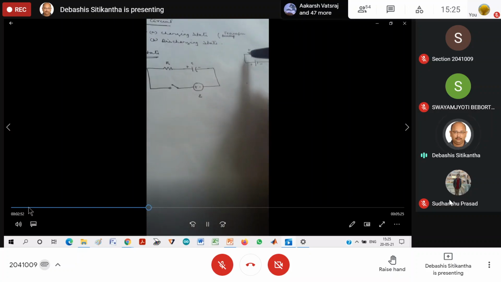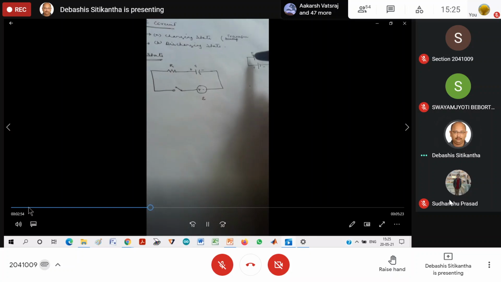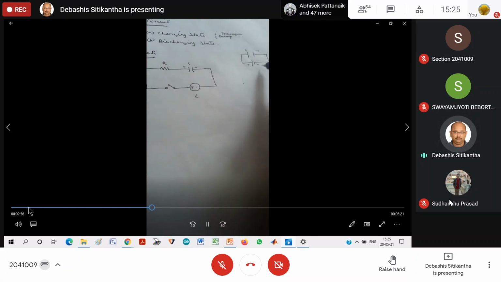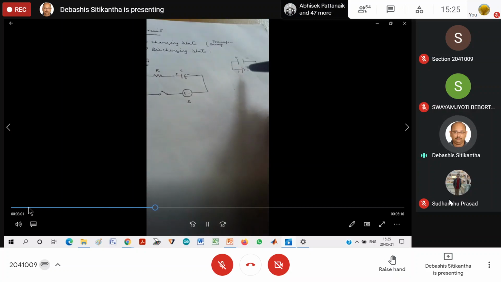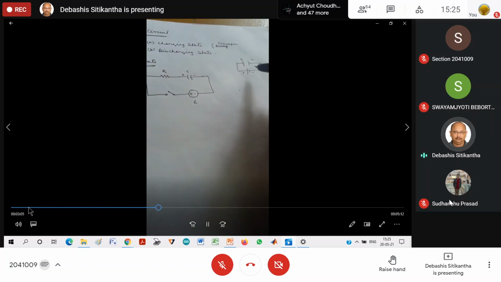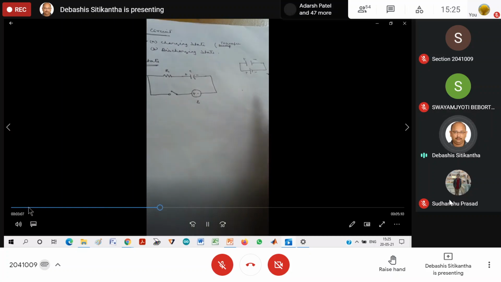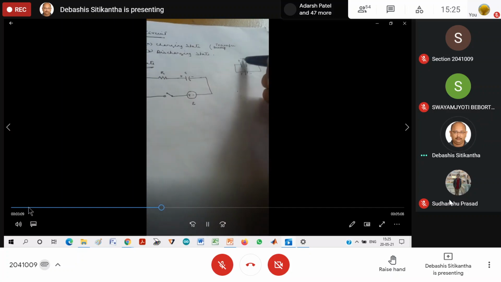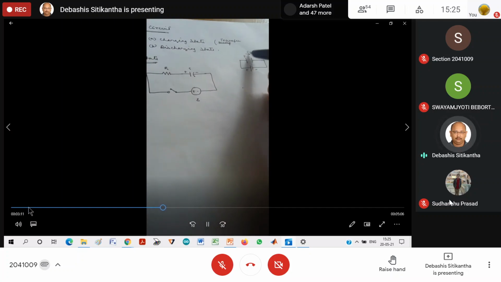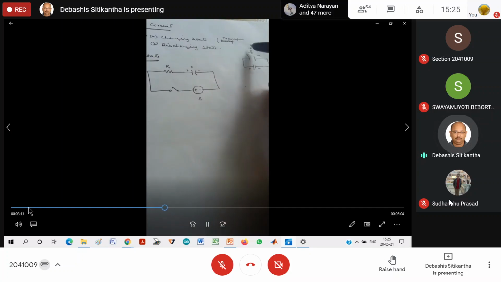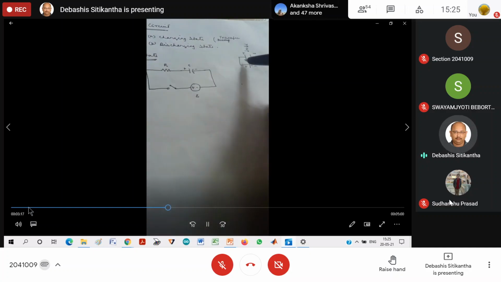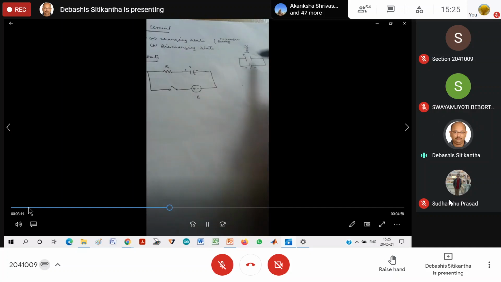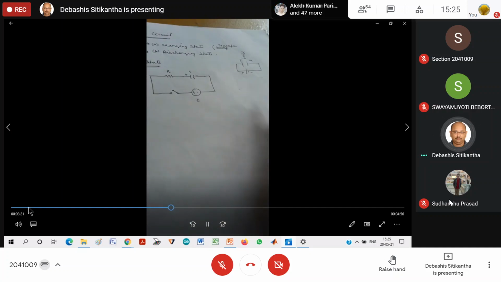So one by one the electrons will start coming out from the positive terminal and they will be getting dumped on the negative terminal, and in this way these two conductors are going to gain polarities, positive and negative. Therefore an electric field will exist between them, and because of that a potential difference will be developed across the two conductors of the capacitor. So this is basically known as the charging state.